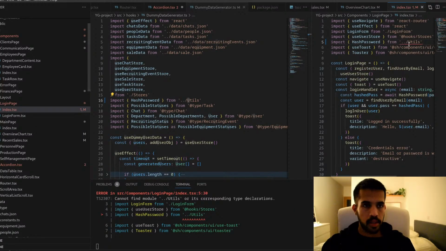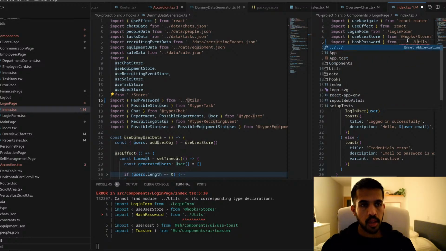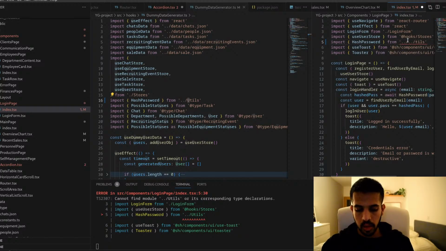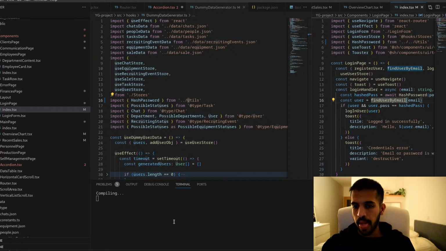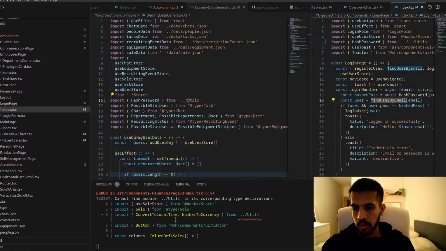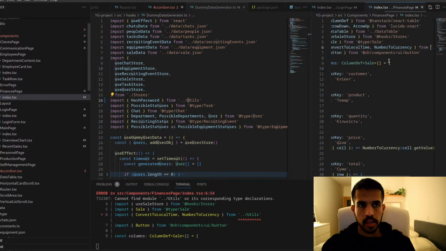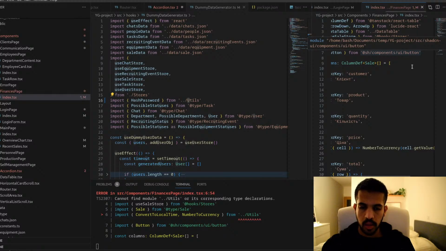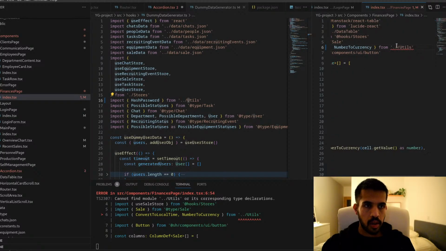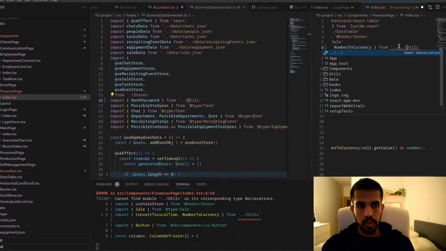Login page. This. Financials page. Yeah, I guess in most cases it had to be a double.